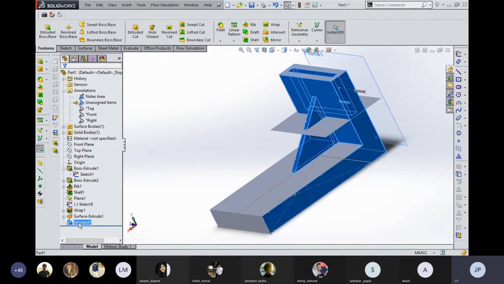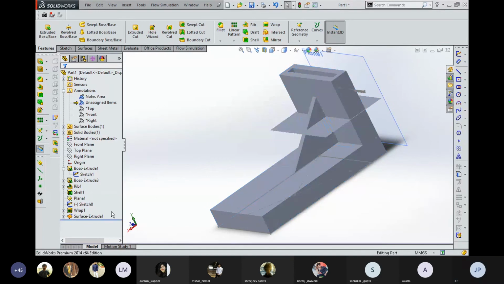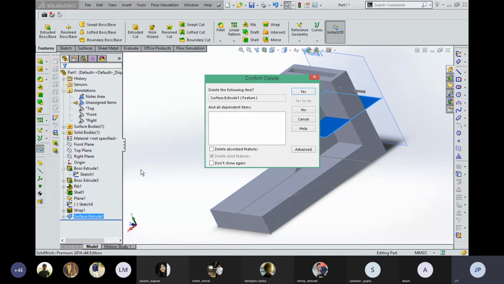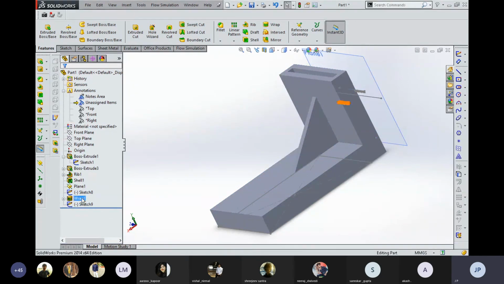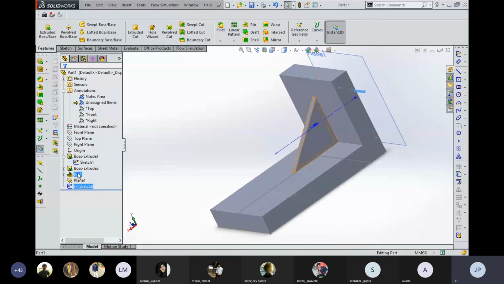For that I'm going to undo and delete one by one, and the parent part should be kept. I am just deleting the components which are not required right now.